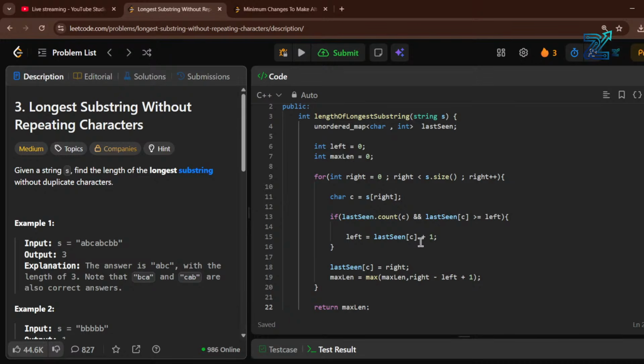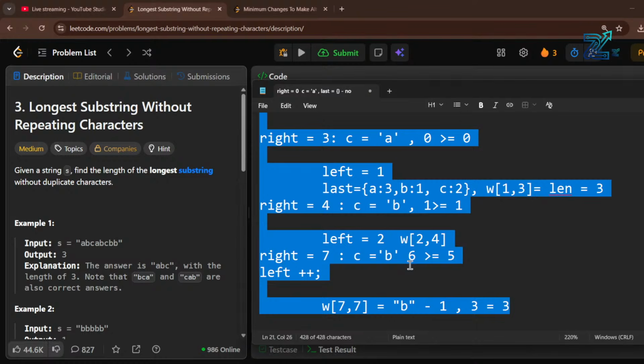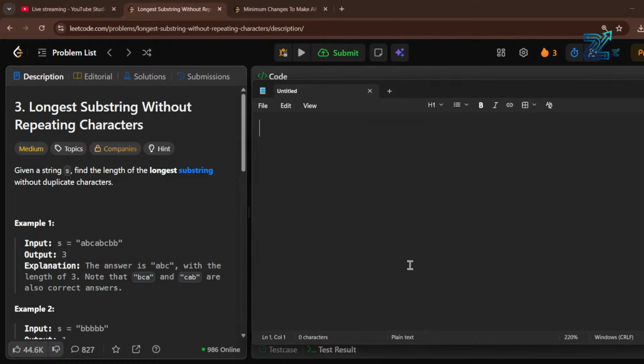So now let us see the complexity of it. For the time complexity, the right pointer visits each and every character once. So that is n iterations. The left pointer moves only forward and it never exceeds the right. Each hashmap operation, lookup and insert, is also big O of 1 on average for an unordered map. So the total time complexity is,